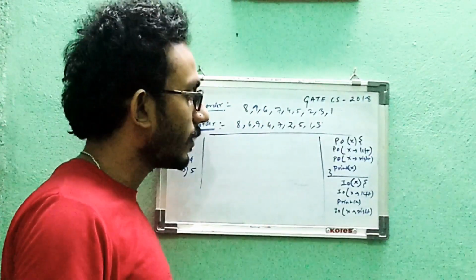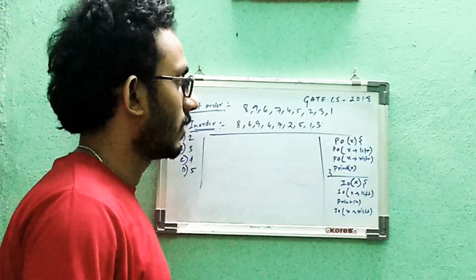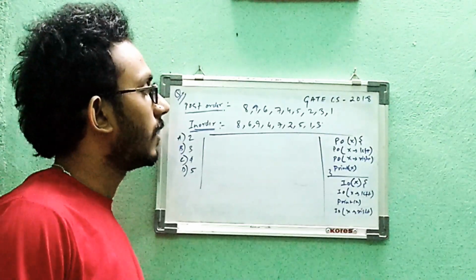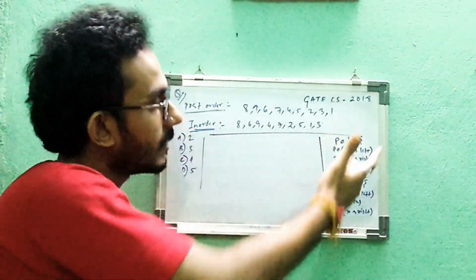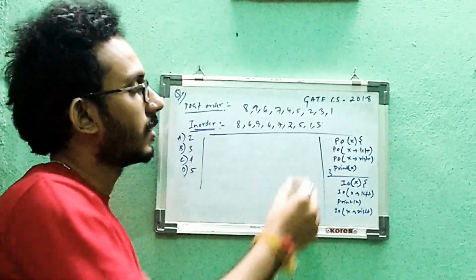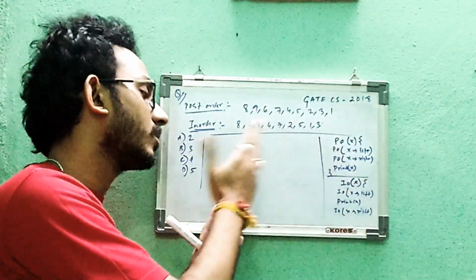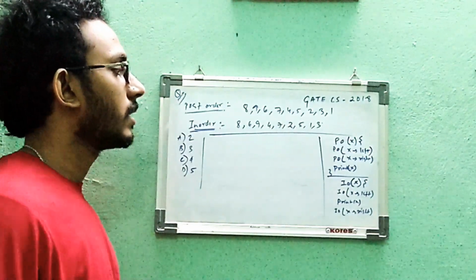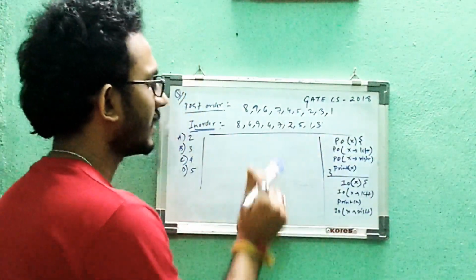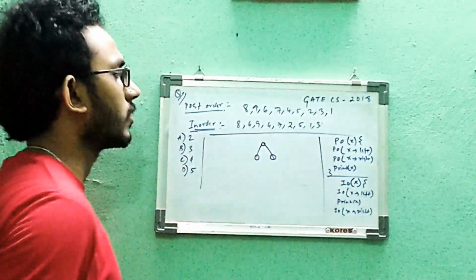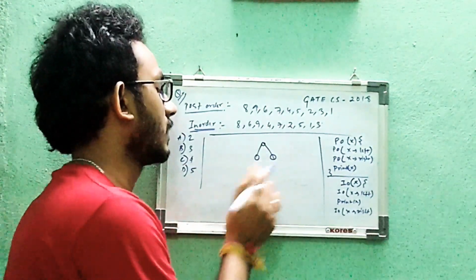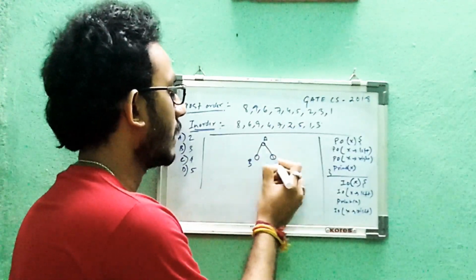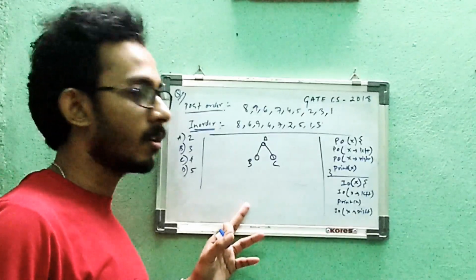So in post order we actually print the node at the end, and before that we traverse to the left, we traverse to the right, and then we print the node. Correct. So now by our definition, let's just take 3 nodes, A, B, and C, and try to find out what will be the traversal. So if I run post order on this, what will be the answer?